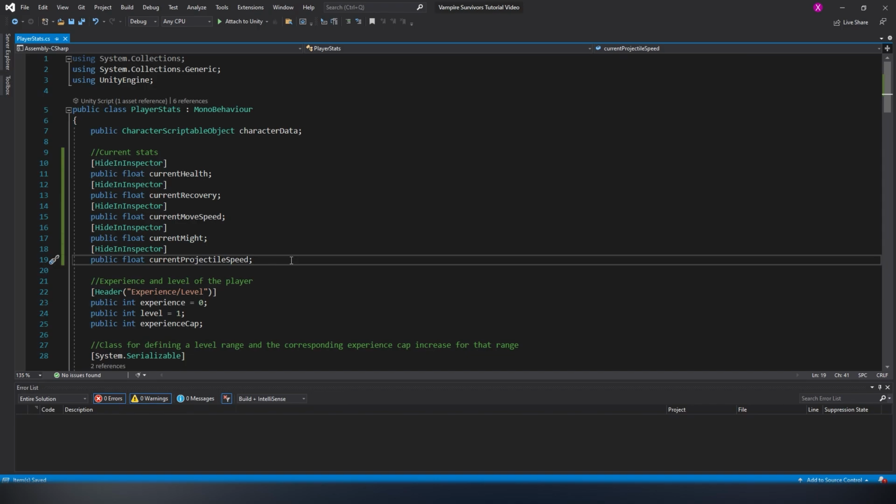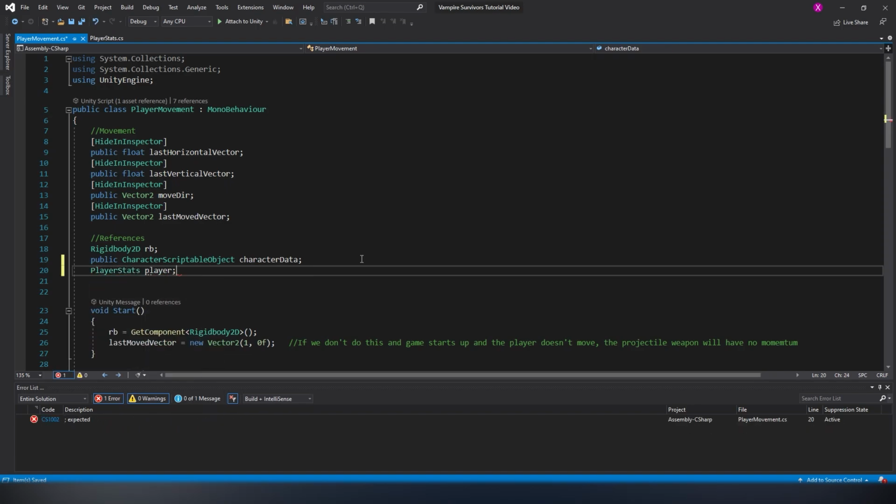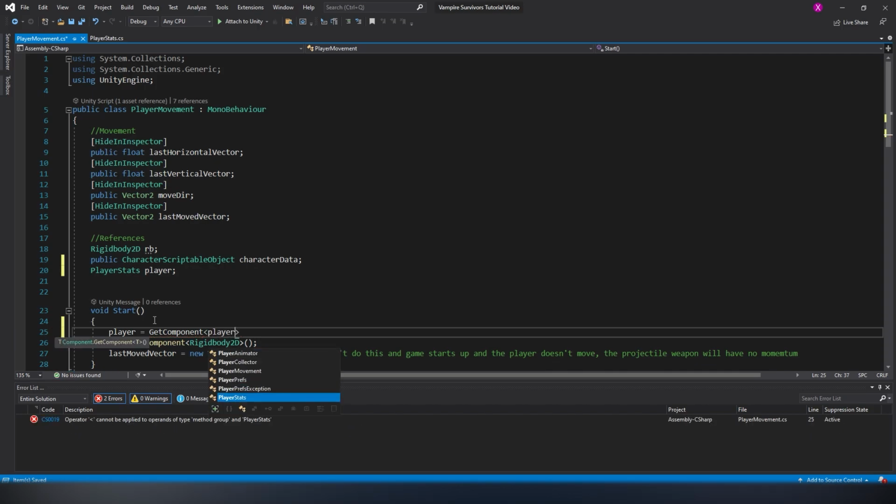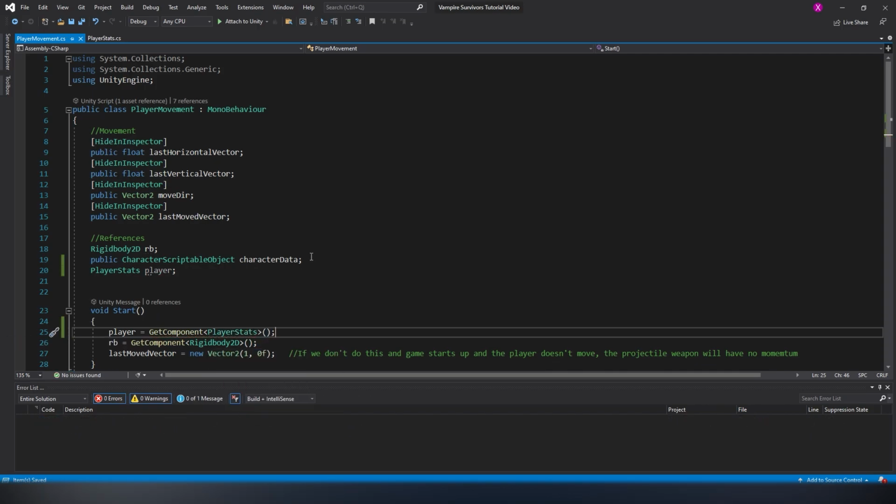So once that's done, let's head into the player movement script and reference the current move speed like so. You can also remove the character data field as it is no longer needed.